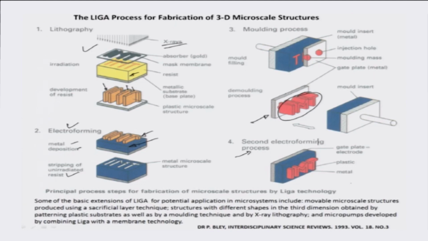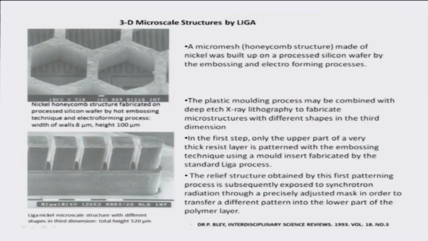Okay, so there is a forming which is involved, there is a galvanic coating of the material which is involved using a metal substrate. In this case, this substrate here is actually metal for doing this coating, and then there is also lithography involved by using high energy X-ray beams. So this is a very good process illustrated by Blay et al. in Science Reviews some time back. This slide has been borrowed from his paper actually, and there are a lot of applications that LIGA has to offer. This is a nickel honeycomb structure, for example, fabricated on a processed silicon wafer, and this has been obtained by again the LIGA process,